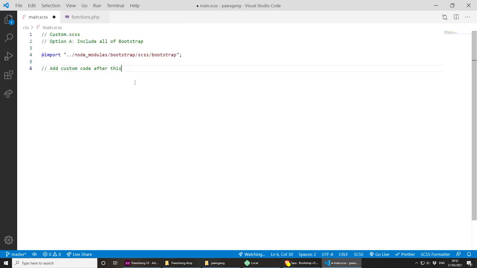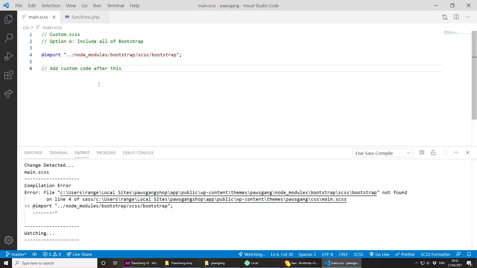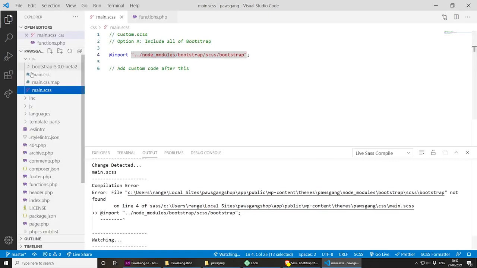So this is all good. We have now imported Bootstrap, and if you save this, you will see that it's using a folder called node_modules, bootstrap, scss, and bootstrap. This is actually assuming that we installed it with npm, but we downloaded it manually and we don't have this node_modules folder. So what I'm going to do is find what the Bootstrap name is, and in the CSS,